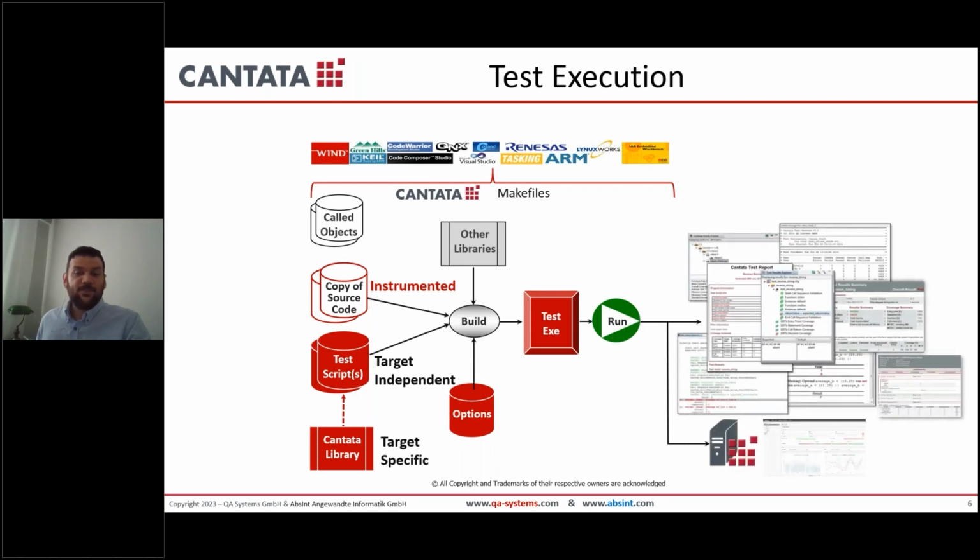This is done within supported build IDEs, of which there are examples, and/or under the control of Cantata makefiles. This produces various results on the development host in different formats for analysis, which are definitive for meeting any certification evidence requirements. So let's look at all these key benefits in Cantata itself.